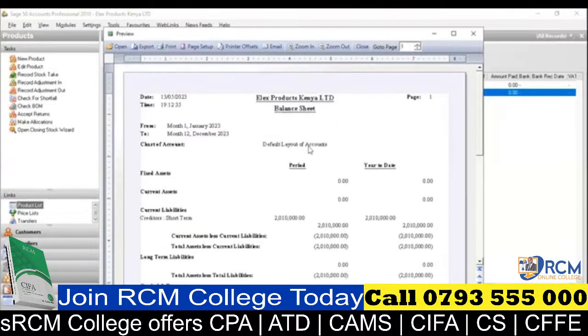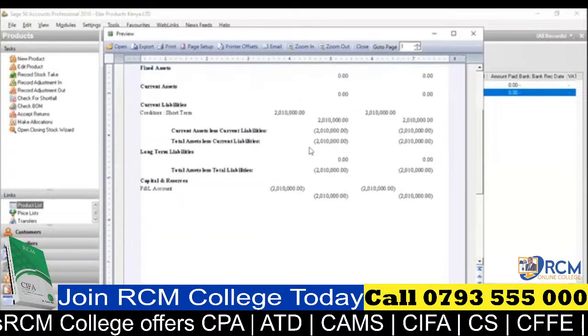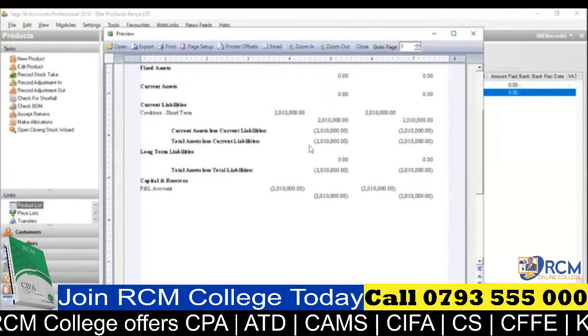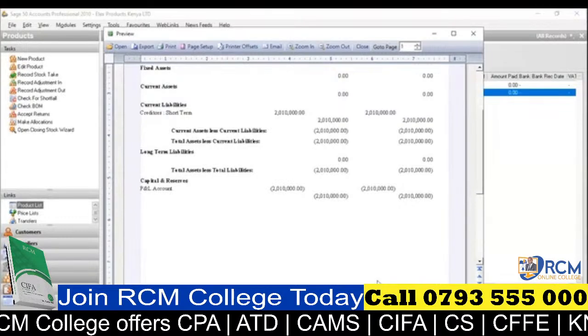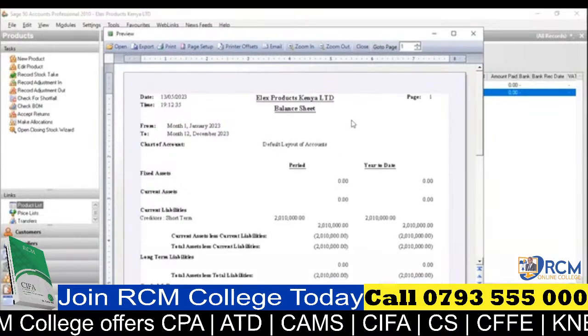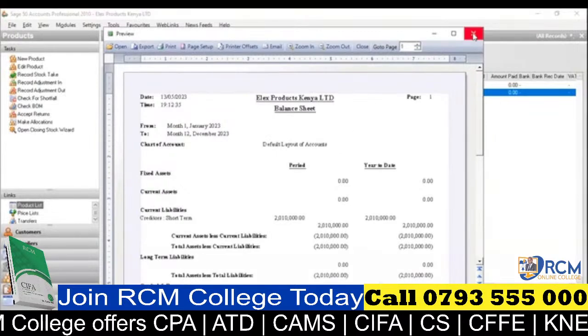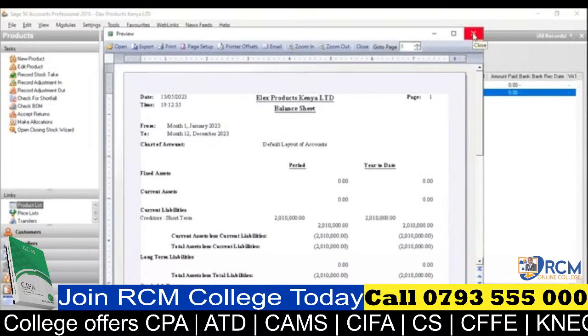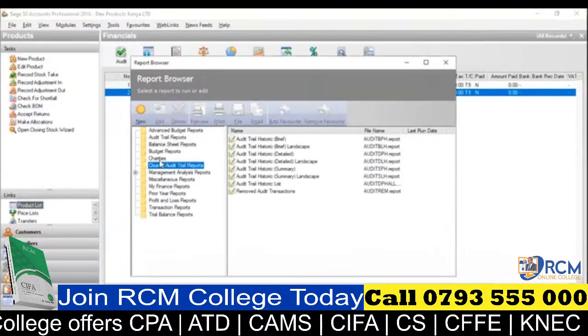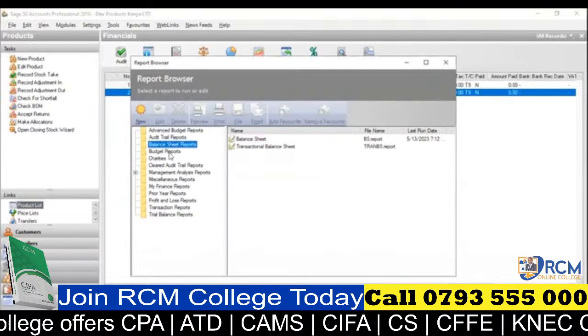So I hope you can see the reports that Sage is generating, even the fonts that are used to generate those particular reports. And you can relate to the reports that are being generated by QuickBooks. That is why I was telling you that QuickBooks has got the best reports. That is why it remains the most commonly used software. All right. So that is about